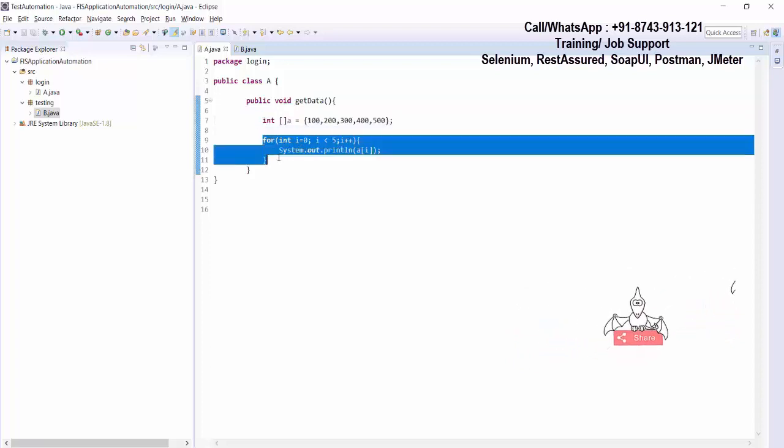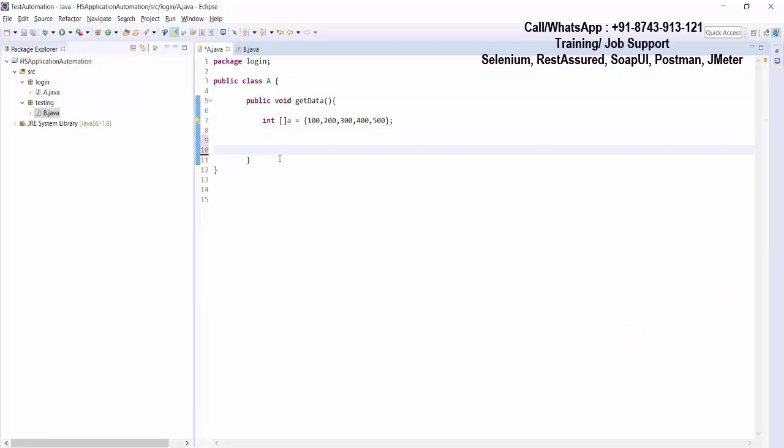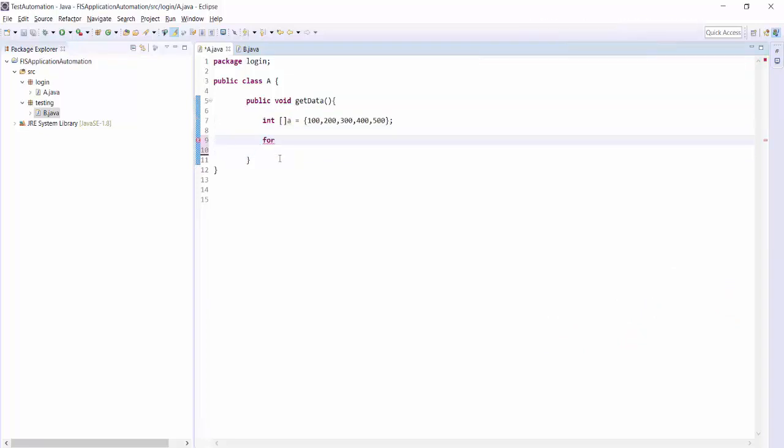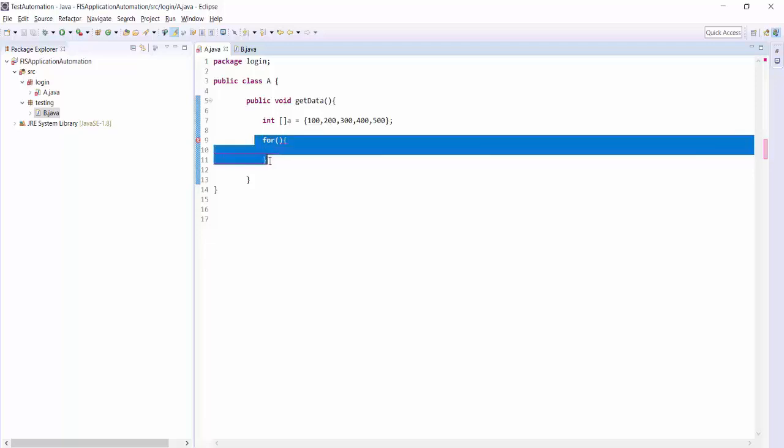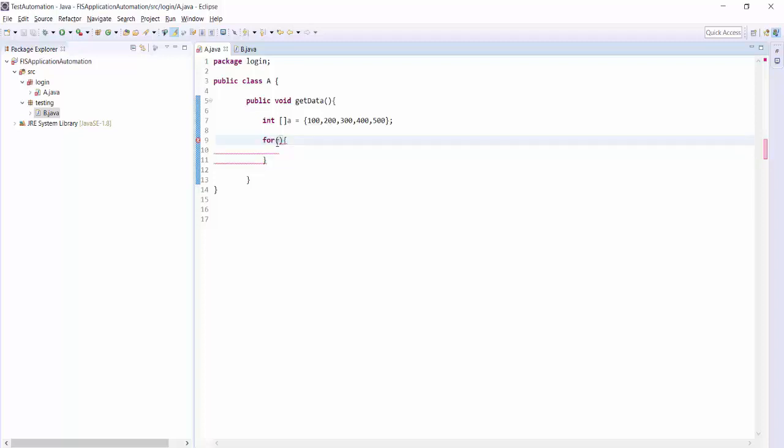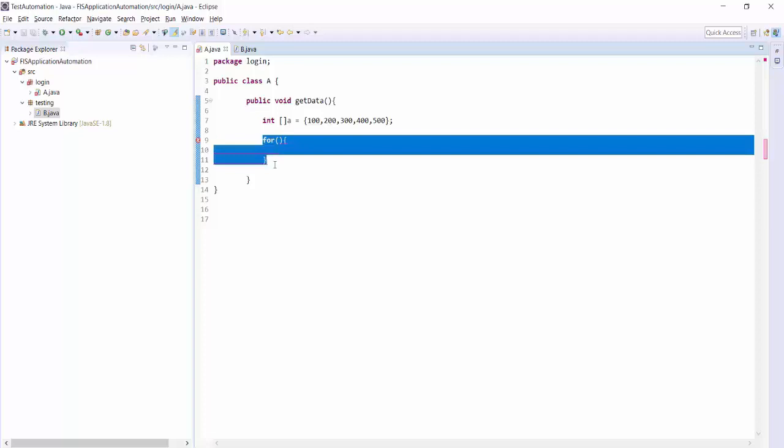Okay, so first of all, if you want to go for the for each loop, I'll have to write for, then a condition, and that's a body. Now, how do we define the condition in for each? That is the syntax of for each, but as of now we did not write the word each. Why? Because each is used only when we are speaking about it. We do not have any keyword with the name each. So that is the syntax of for each.